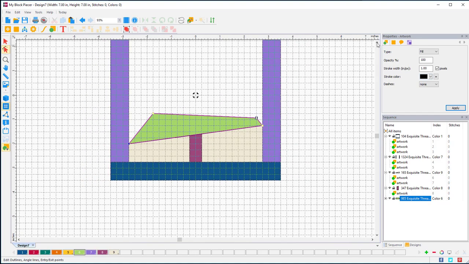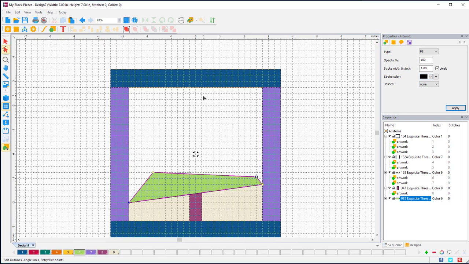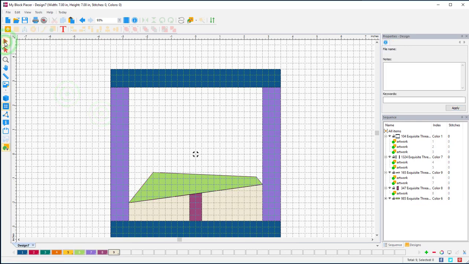Okay, so one of the things that we can kind of do to figure out where this is actually going to work out is we can start building some guidelines so we have something to follow. So I'm going to go up here, and I'm going to just pick up my line tool, and I'm starting way down here somewhere because I'm going to angle this up. I want to leave enough room for our star that's going to be in our sky, so I'm going to come down from here. And actually, if I do this from the top, it will make more sense. So if I go from the top to the bottom here,